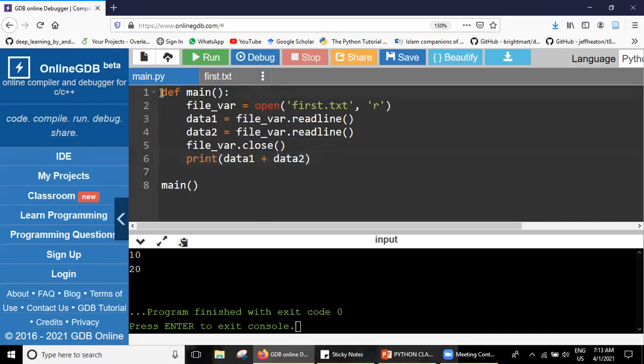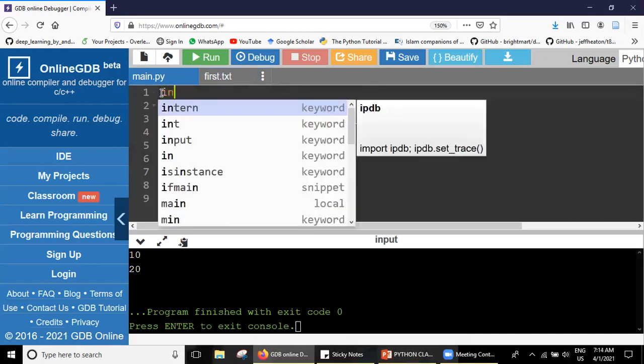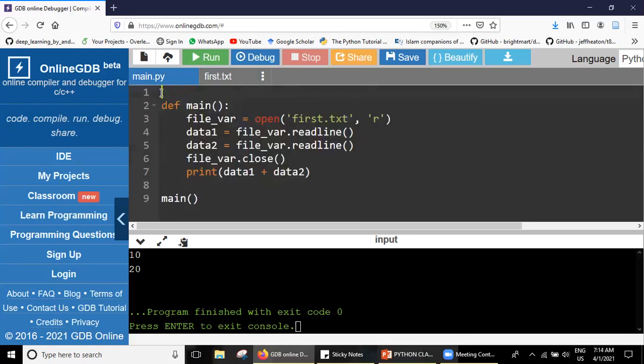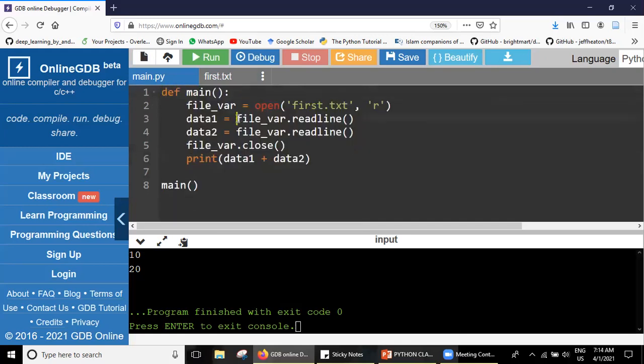I have told you that we can specify the int conversion. I write int here. And what's happening? The data that we are getting from the file would be converted into an integer and stored here.